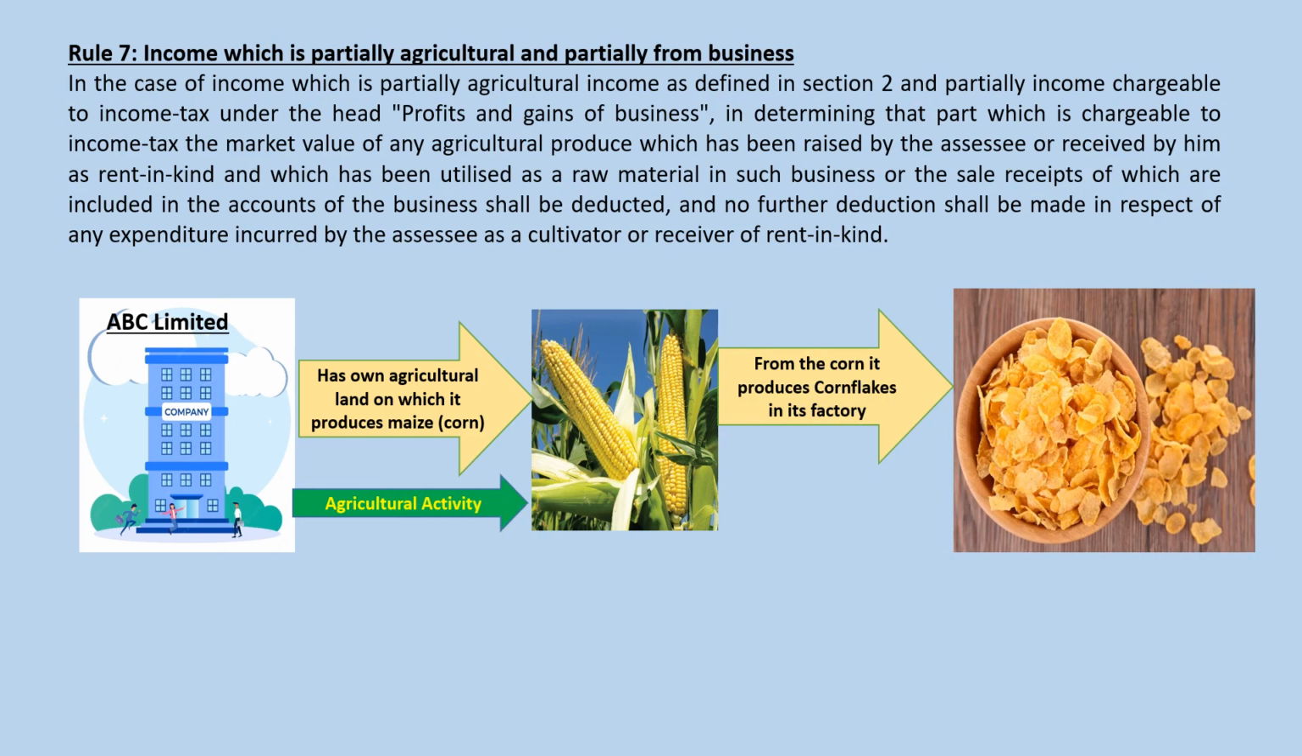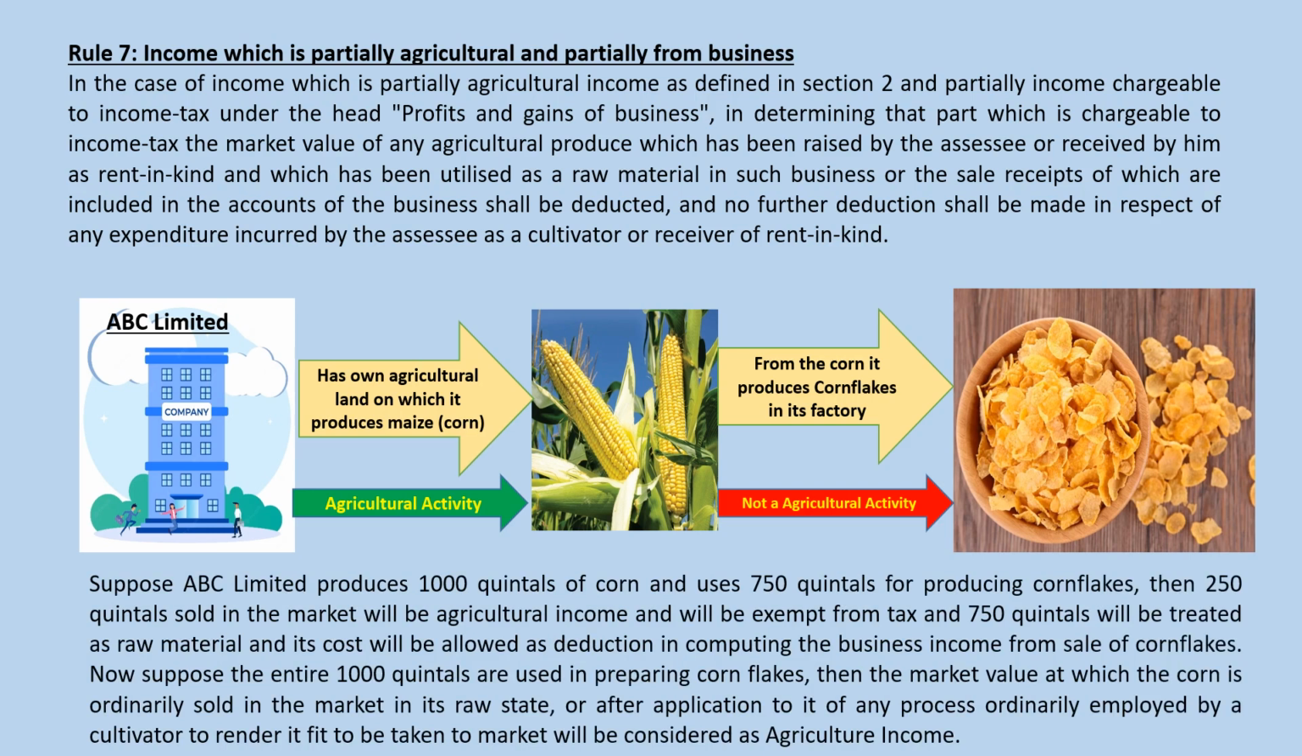The first activity, that is production of corn, is an agricultural activity, whereas the second activity is not an agricultural activity. Now, suppose ABC Limited produces 1000 quintals of corn and uses 750 quintals for producing cornflakes, then the 250 quintals sold in the market will be treated as agricultural income and will be exempt from tax, and the 750 quintals will be treated as raw material and its cost will be allowed as deduction in computing the business income from the